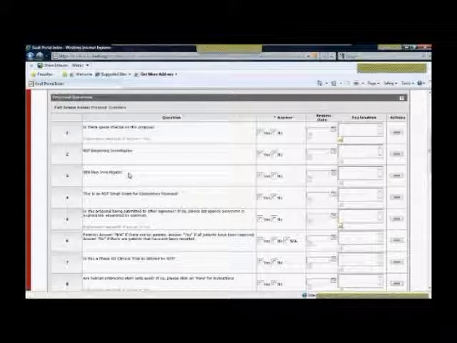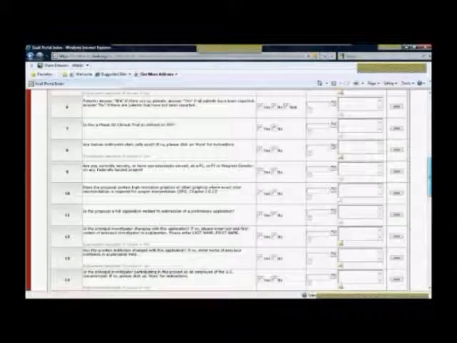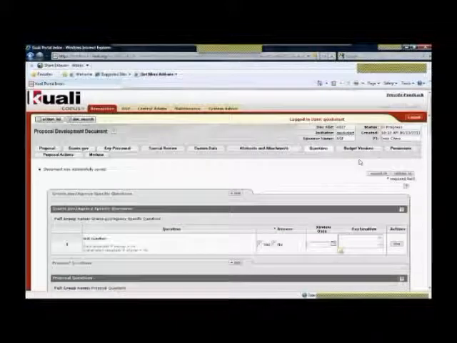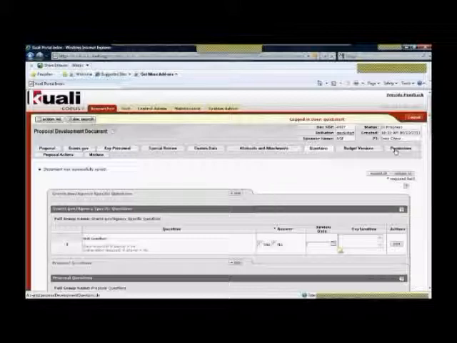My answer is yes, they're new. And then we would highlight appropriately they're an NSF beginning investigator or they're an NIH new investigator. So that's some of what we have to look forward to in the coming releases. But there are some pretty standard questions that you would normally have to answer in any submission, and they're already in the system for you. We're going to skip by budget versions for just a second, because we're going to do